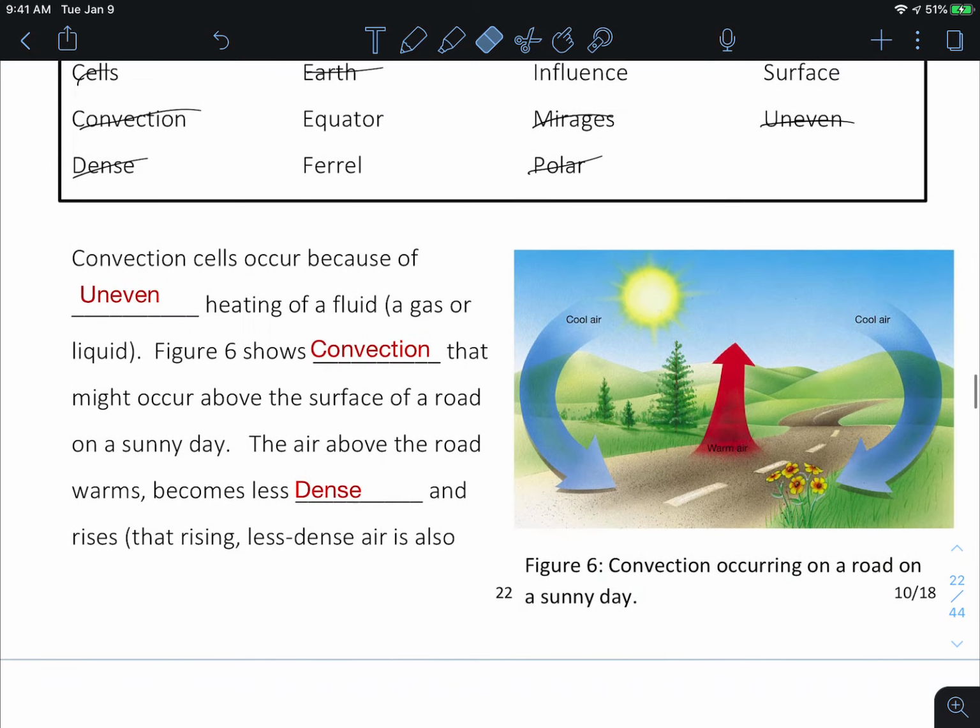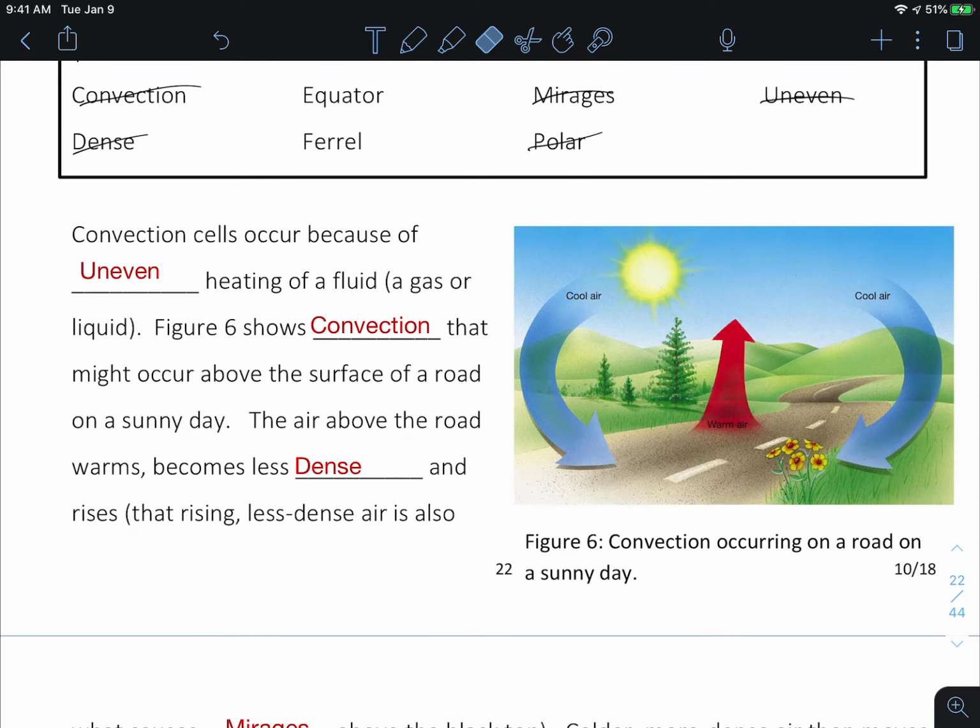So a convection cell is an event that occurs when you unevenly heat a fluid. Fluids, specifically gases and liquids, have flow. That means they can fill the shape of an object. They can expand and contract. And so when we heat up air particularly, the hot air gets warmer and less dense, and it will move